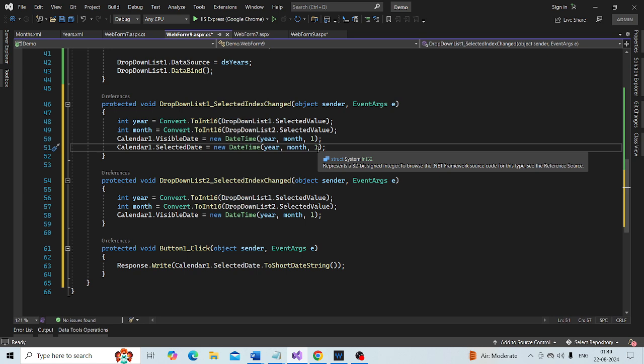Okay, and then if the user wants to change that, they can change it. Okay, so that's it, the code.